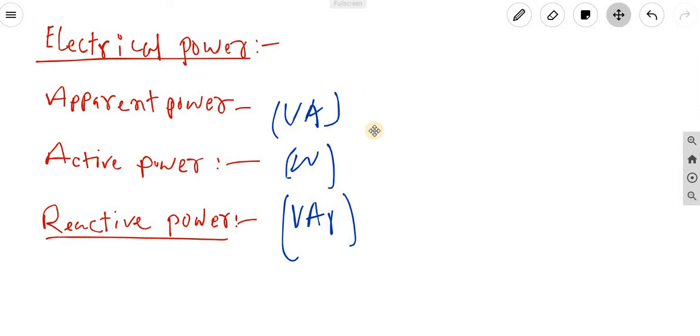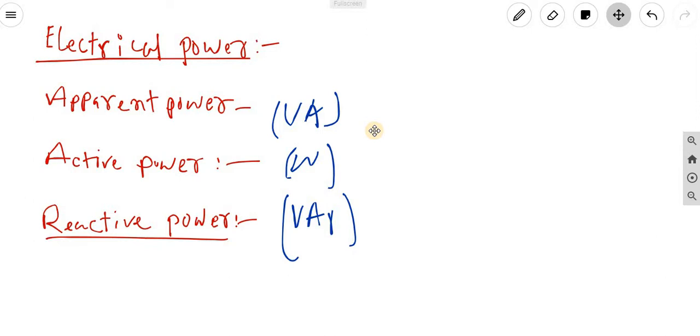In this lecture, we will be discussing electrical power: how electrical power is presented, what the components of power are, and the mystery of power. How do we present power in electrical terms, and how can we present it mathematically? There is also a term, the power factor. Now just simply see the apparent power.